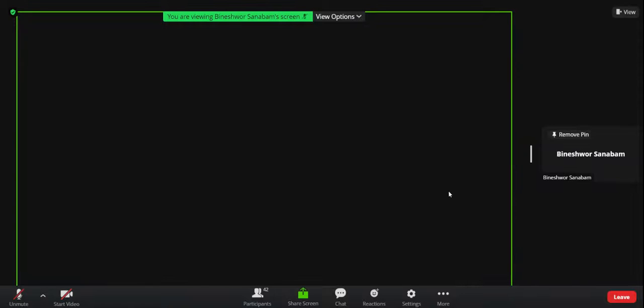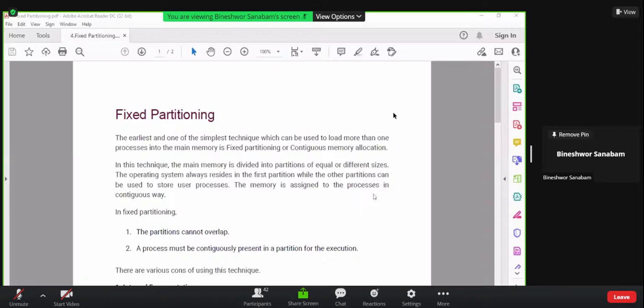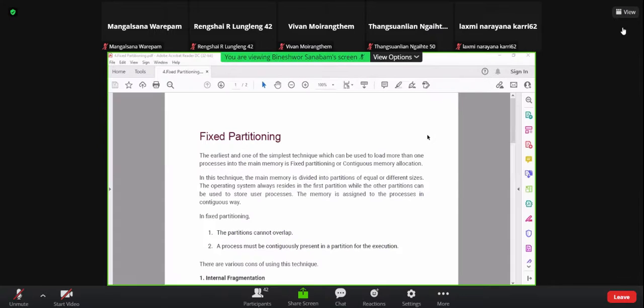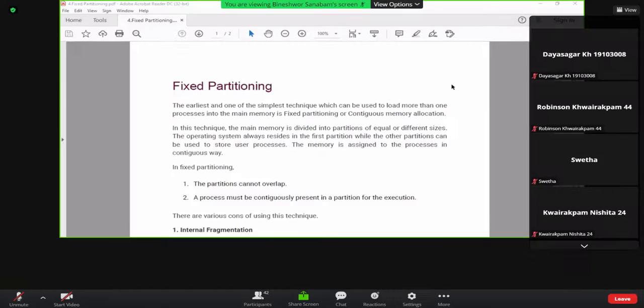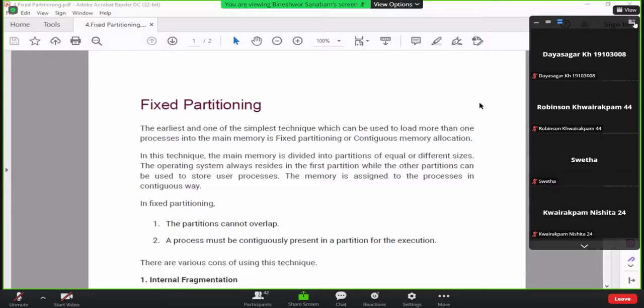We need partitioning because memory is not going to be used by only one process. It has to be used by many processes. So we need to partition the memory so that we can allocate it to many processes. This is about fixed partitioning, where we partition the